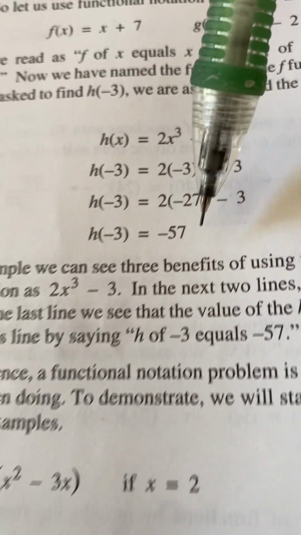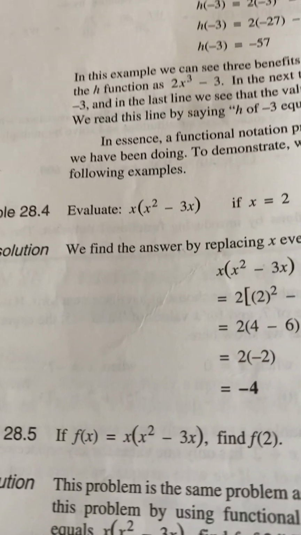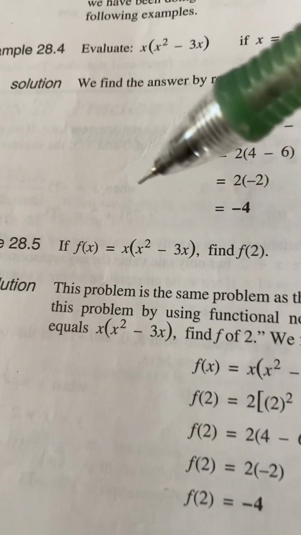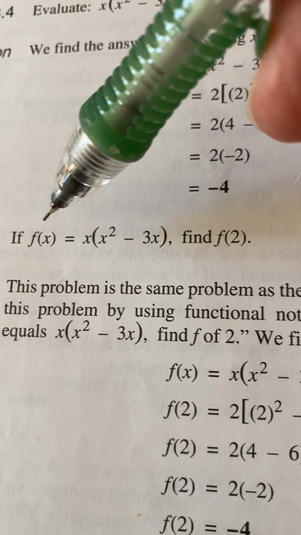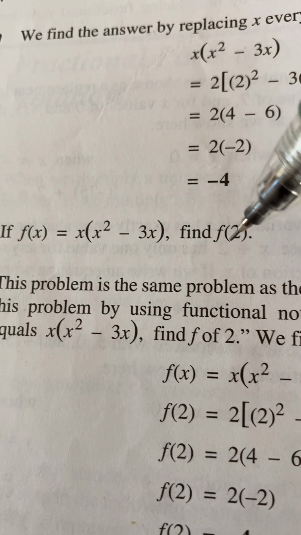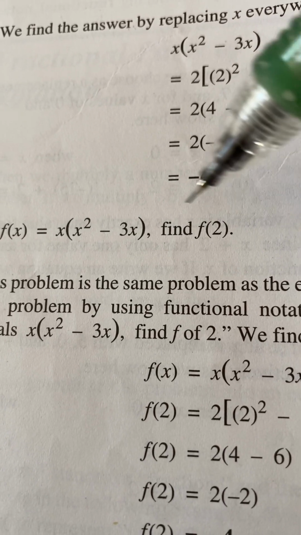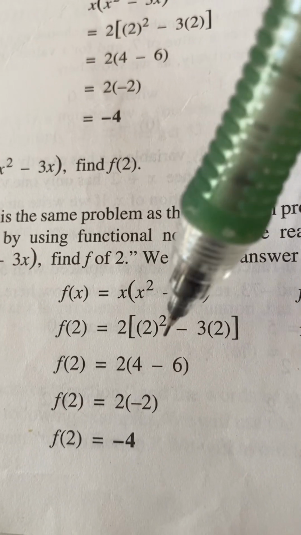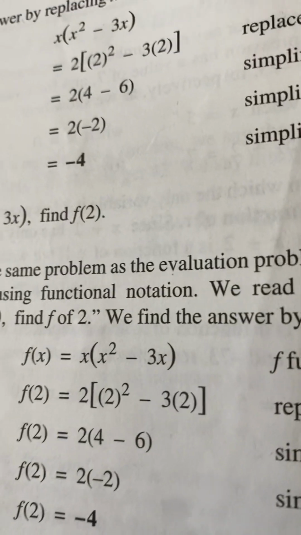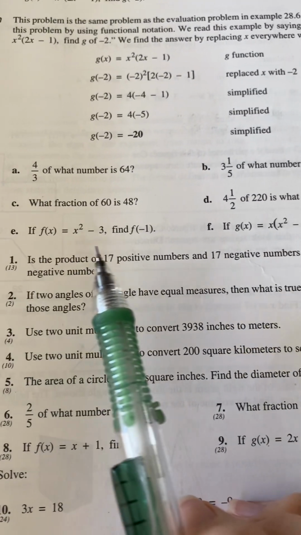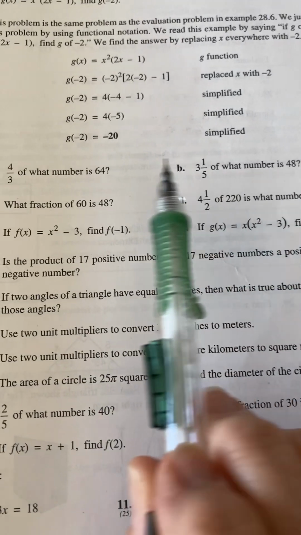So this is just a different way of writing things. Let's get down here, this example. If f of x is defined to be this, find f of 2. That means remember to put a 2 in wherever you see the x, which is what they did here, and solve that out. Okay, I would recommend going through these practice problems just to make sure that you know what